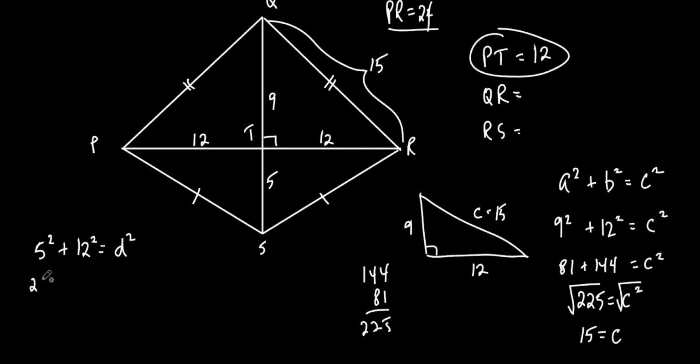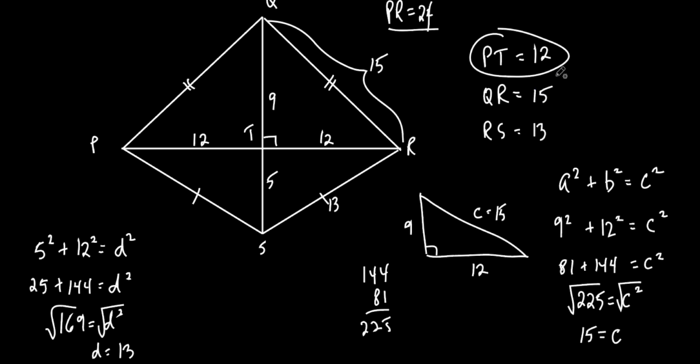All right, so what's that? 5 squared, 25. 12 squared, we already did it. It's 144, and that's equal to D squared. 144 and 25, I can do that one in my head. That's 169, right? Equals D squared. What do we do to get rid of a square? We take the square root, and if you wanted to put that in your calculator, you could, but I know that it's 13. So this is 13, all right? And that's SR, that's 13. And QR was 15. There you go. There's your